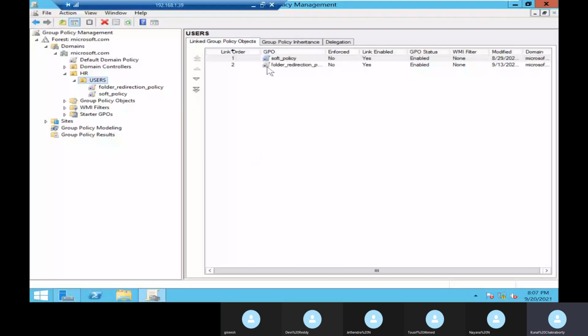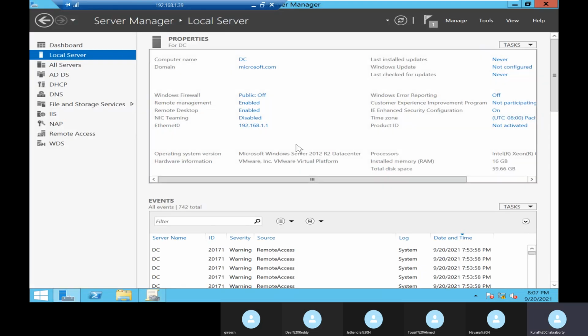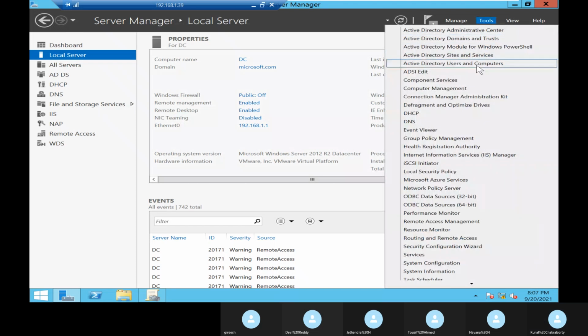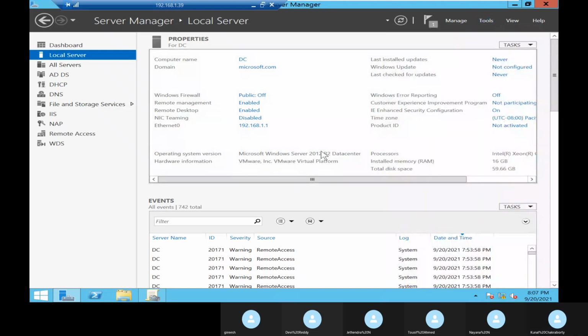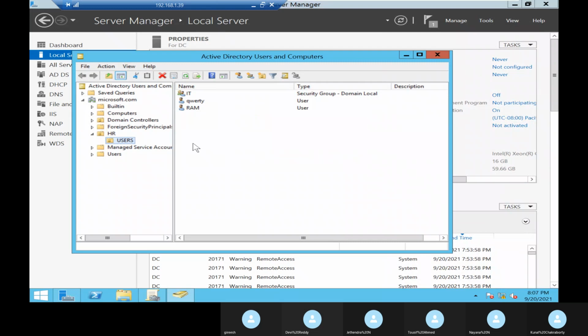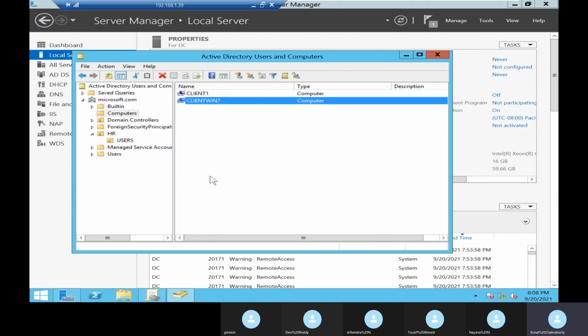Okay, so now what we need to do is assign the policy. There are a lot of policies that you need to assign over here. But before that, first of all, we will check. Go to Users and Computers. Now, the computers: we have two systems, one is Windows 10 and one is Windows 7. This is only for Windows 7, or Windows 8 at the highest. So we need to separate these.